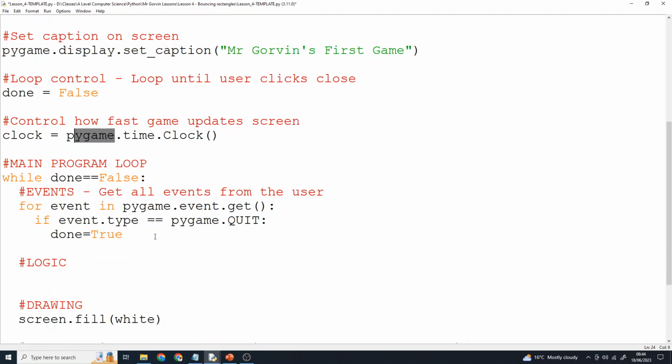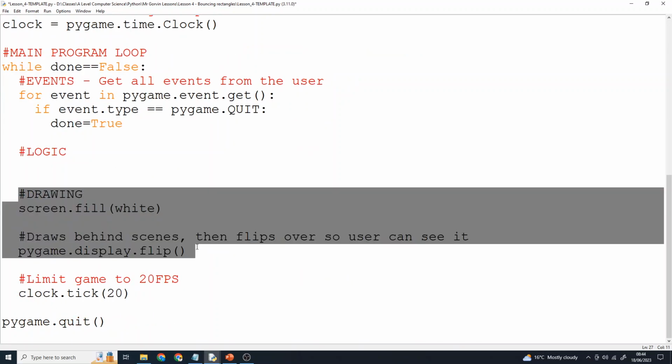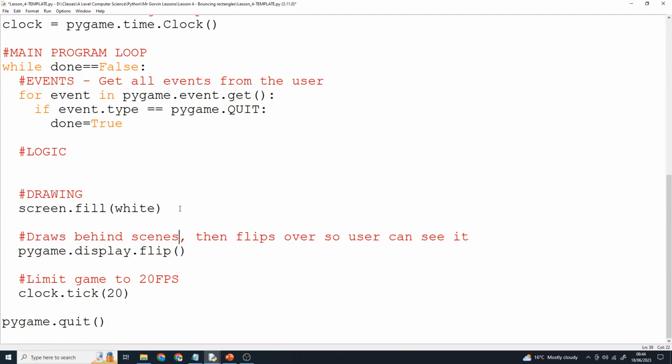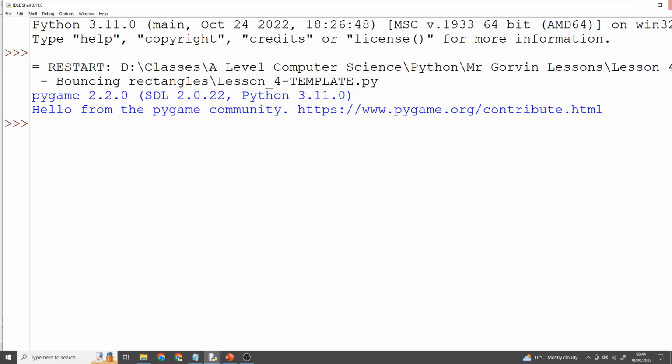We've got our main loop program here, so while done equals false. So this is going to keep going round. And inside the loop, the drawing section, we will need today to draw things. Okay, so you can see I've left in here the screen.fill white, so we've got a nice white screen. So at the moment, all we've got is a blank white screen like this, which is fine, but let's get